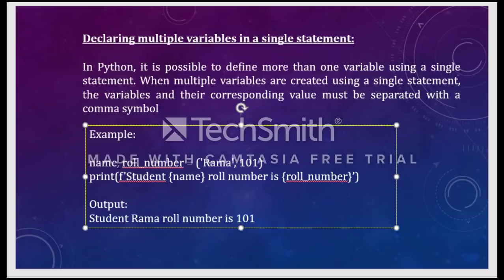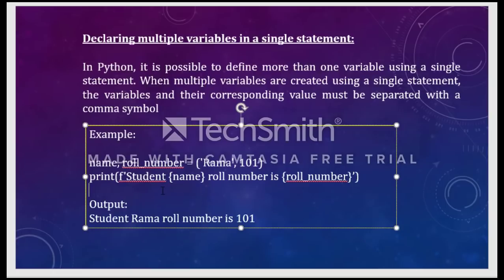Okay, so the same thing if you want to print on the screen, we write a statement like this. Like in C programming, we write printf. Here it is print. Then we can write f, single quotations, then we start writing a statement, whatever output you want to display. Student name, that name should be substituted with Rama. So I need to write the variable name here in curly braces. Then roll number is, and my roll number is stored in the variable called roll number. So I need to write the roll number, roll underscore number.